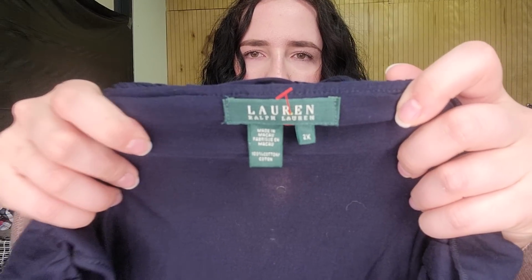I have no idea, to be honest with you, what each of those will go for individually. I would say the top probably looking at 30 to possibly 35. The pants probably 35 to 40. The jacket probably is going to go for a little bit more than that just because it is embroidered and somewhat ornate. This is Ralph Lauren